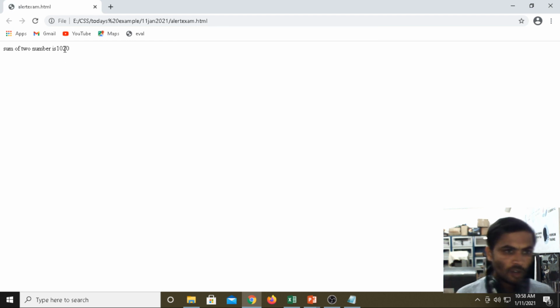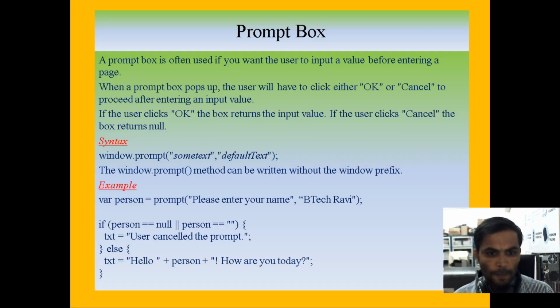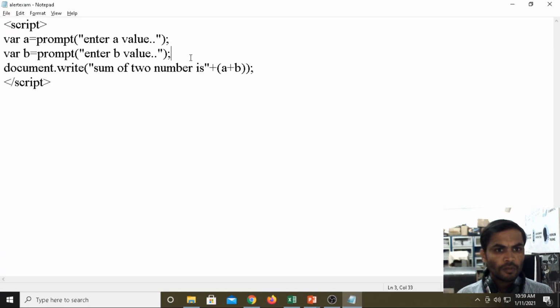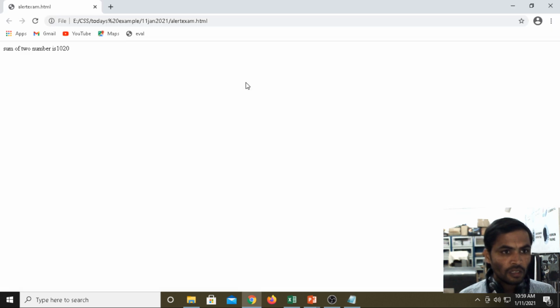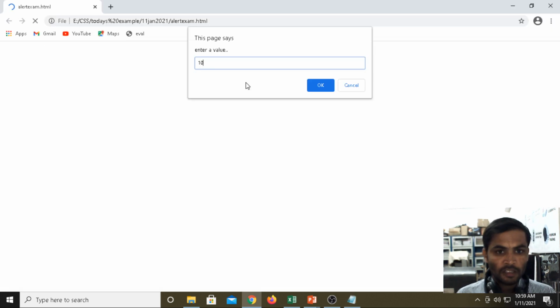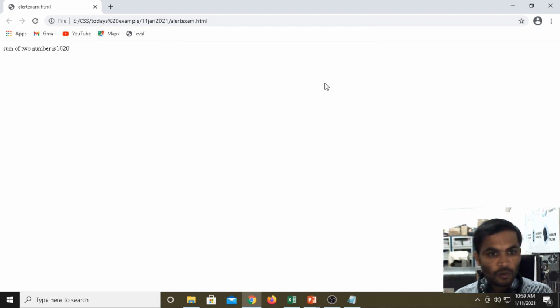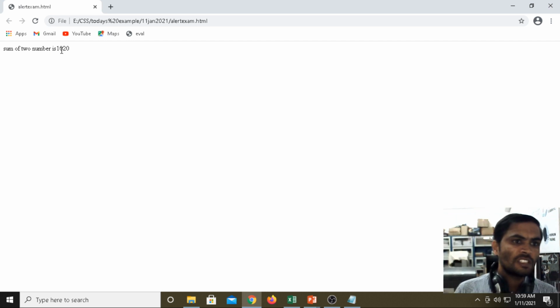See here, it is not proper, we are getting 10 comma 20 as it is in document.write. Now we should assign the value, where d equals a plus b. Now d, Control S, then run your application. 10, okay, 20, okay, we get the same result, it is not overriding the contents yet.